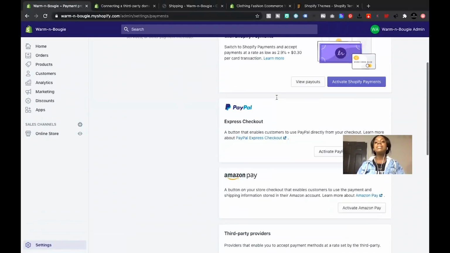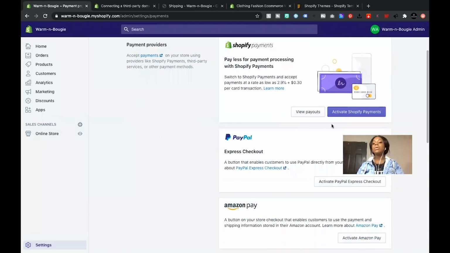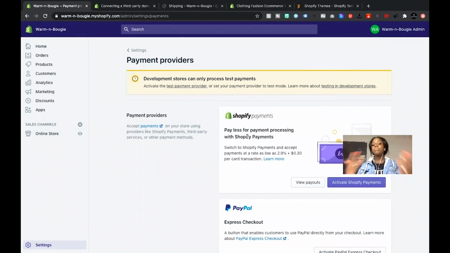Like I said, if you wanted to just activate the basic ones, you can activate Shopify payments. It'll ask you for some information like your social, your email address, your business information, and things like that. You would go ahead and fill that out and then go about your business and you're ready to accept payments. As long as you set up the correct information so that it could charge and then deposit the payments correctly, bada bing,